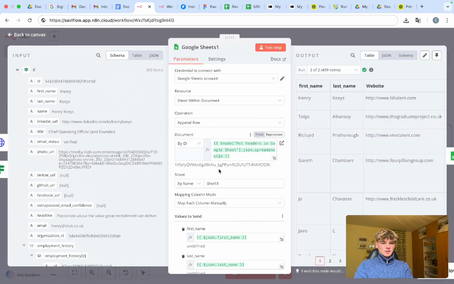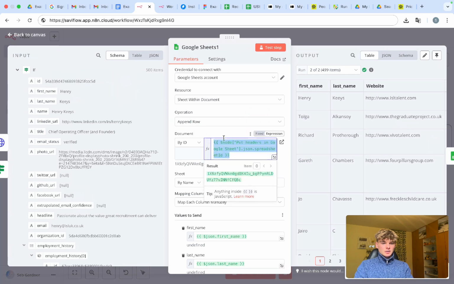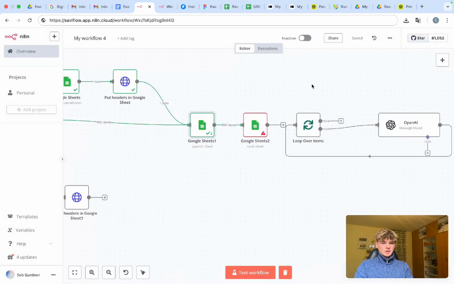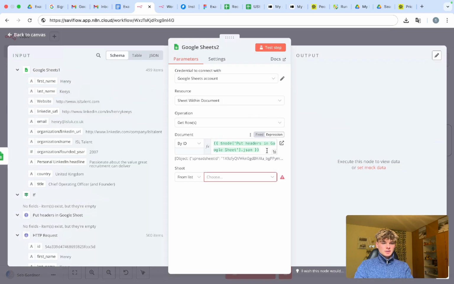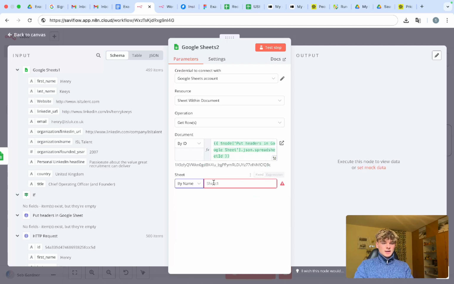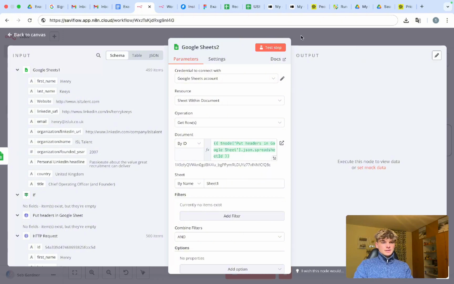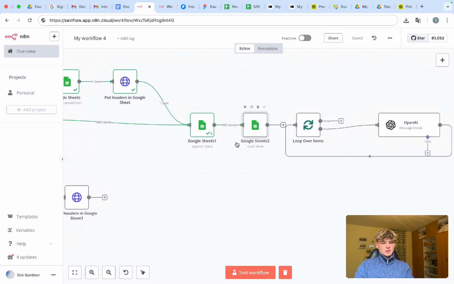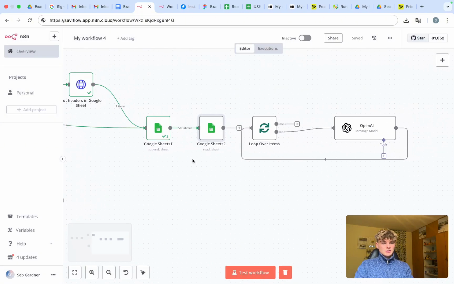What's the... If we actually copy and paste this in here, there we go, okay. Google node spreadsheet ID. Okay, and then this we can do by name. This will always be sheet 1. And then this will just get all the rows to that Google Sheet that was created